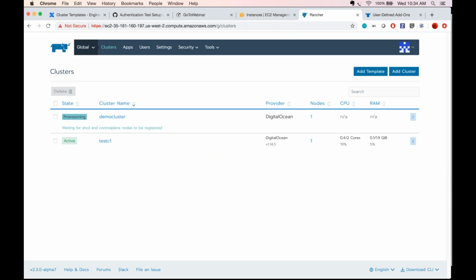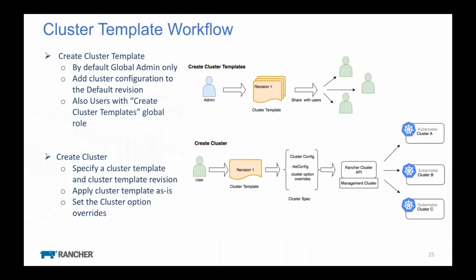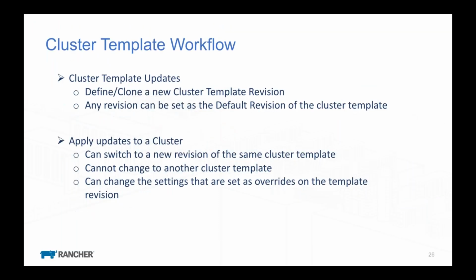Now, after a cluster is created, and if there are certain settings that are not set as overrides, how can that cluster be upgraded to a new cluster configuration? So this brings us back to how can a cluster template configuration be updated? Now, cluster template